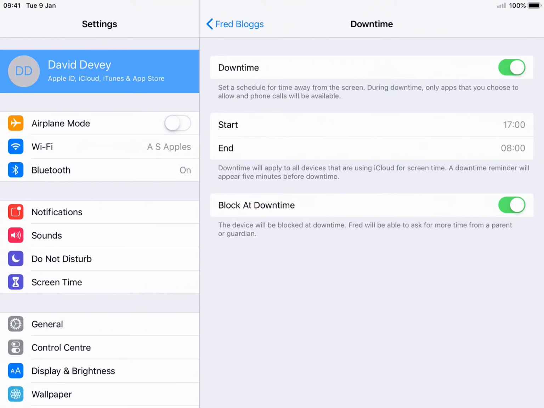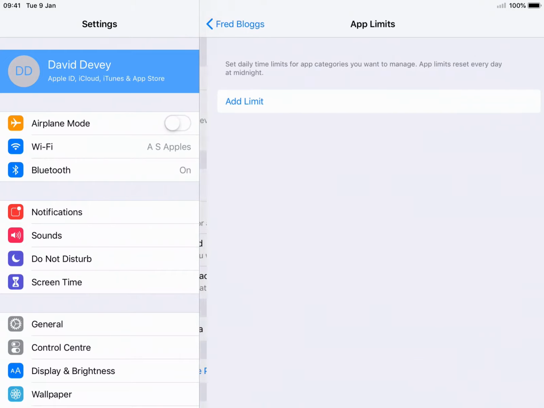Now what I was hoping would be that you'd be able to set more than one period of downtime, but clearly you can't do that, so hopefully that's something that will come in a later iteration of these screen time tools. So the next one we're going to look at is app limits,